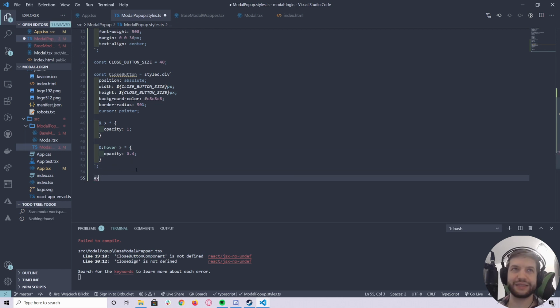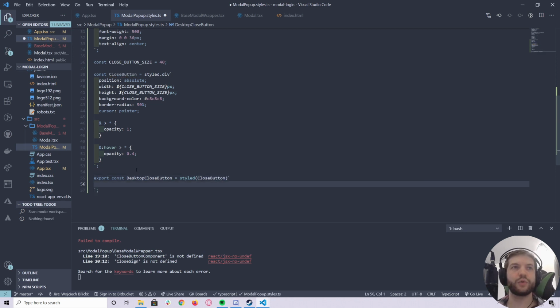Therefore, I will adjust it slightly by building desktop close button, the desktop close button. Okay, this is styled close button, so it will inherit all of the properties from the close button, but we have to specify the top value. It's gonna be minus close button size by 2